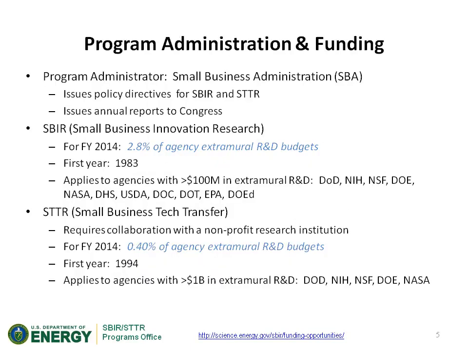In terms of the nature of the federal program, the oversight for the program is by the Small Business Administration. Although the Small Business Administration provides oversight in terms of policy directives and annual reports, it is not the organization that you would apply to seek funding. There are 11 federal agencies that run the SBIR and STTR programs, and here I'll mention the SBIR, again, was